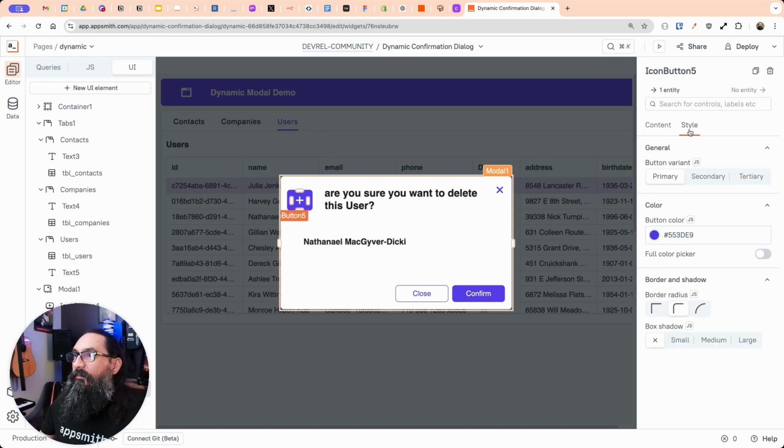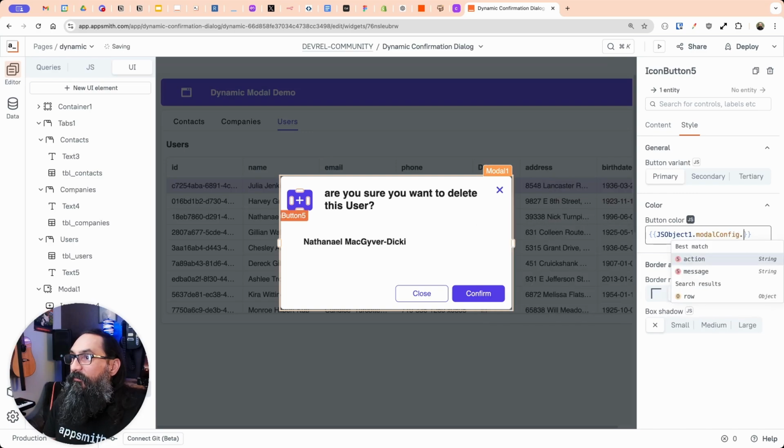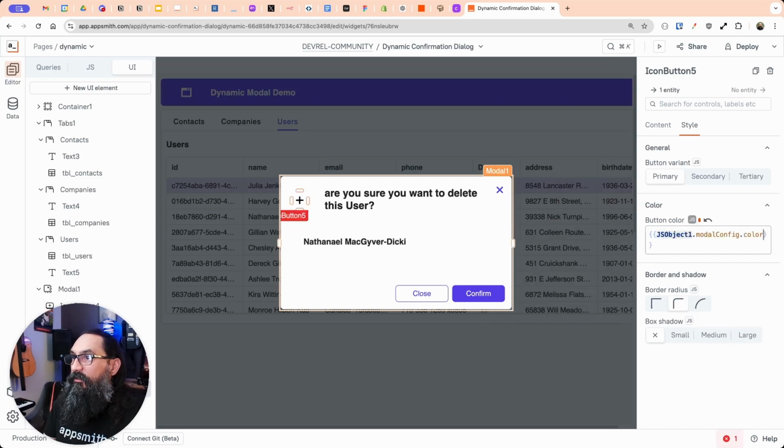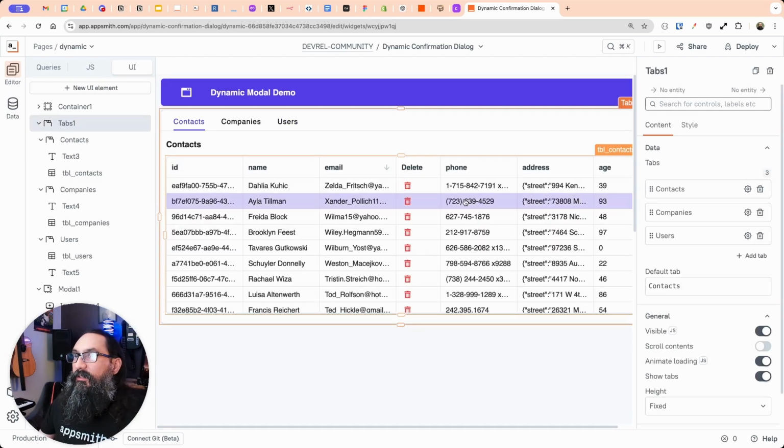Same with the color. I'm just going to do it while I'm here, even though that value doesn't exist yet. And then we'll populate it here in a second. So JSObject1.modalConfig, and then we'll say .color. And now if we go back, we'll have to do all three of the buttons. But if we go to this delete button here,